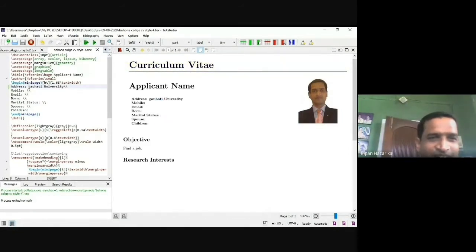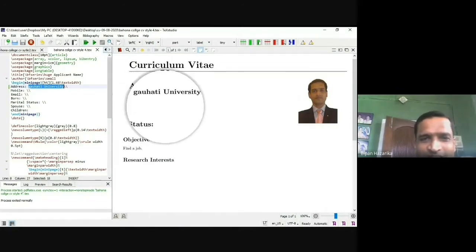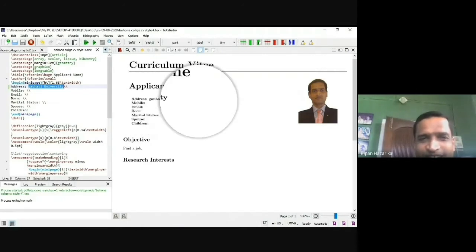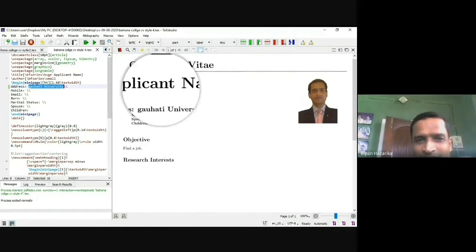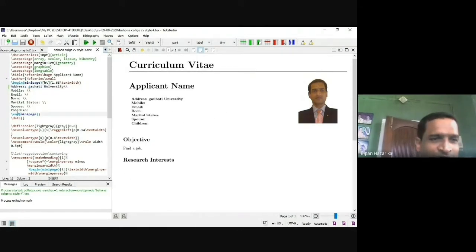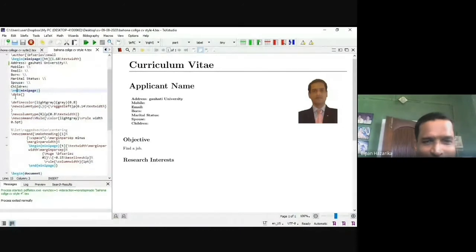I write something and run the PDF LaTeX file. So our output has been shown here. There is a lens here. If you click in the PDF form, the lens lets us see a larger version. The date I have not mentioned here.